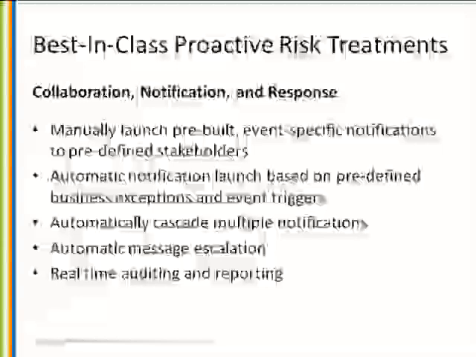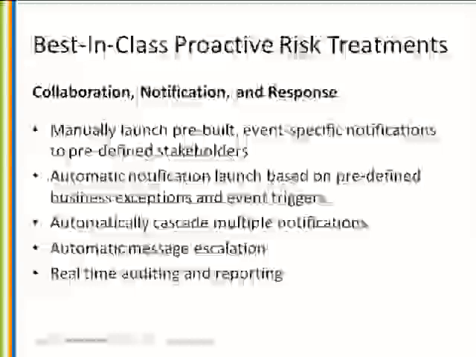The ability to launch automated notifications based on predefined business exceptions and event triggers is also important. So if there is a particular min and max based on, say, an inventory level or some other business parameter, the ability for a communication platform to automatically be flagged when it's outside of those bounds becomes important, because speed is critical. So the ability to launch that notification in sub-seconds and then get a response, and that response then can be acted upon, is important.